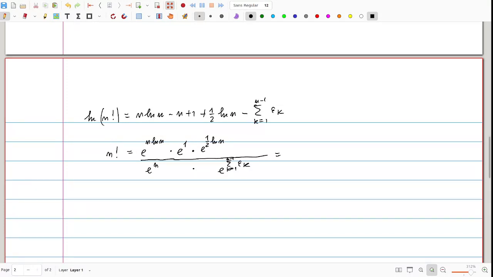And this is equal to: e to the n log n is nothing else than n to the n, e to the 1 is e, e to the power 1/2 log n is of course n raised to the power 1/2, the square root of n, and here we have e to the n. So this is exact, but here